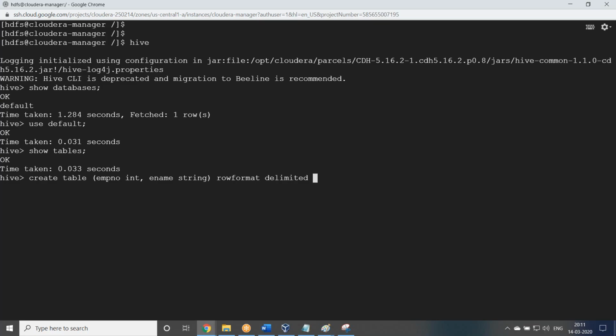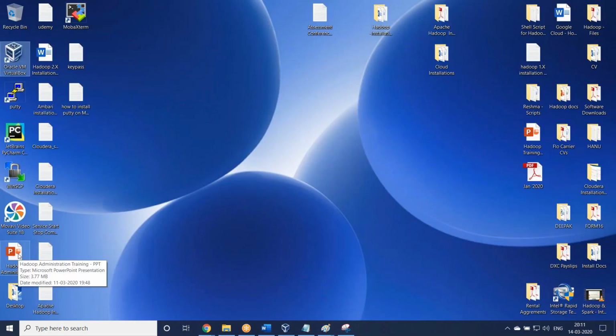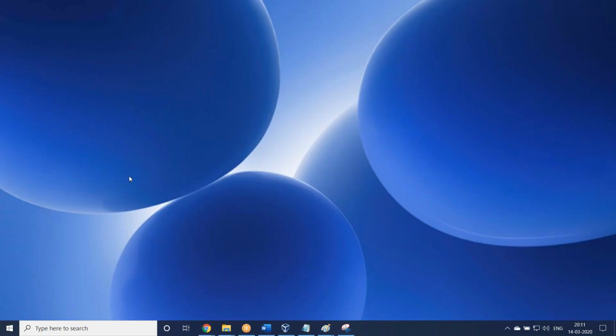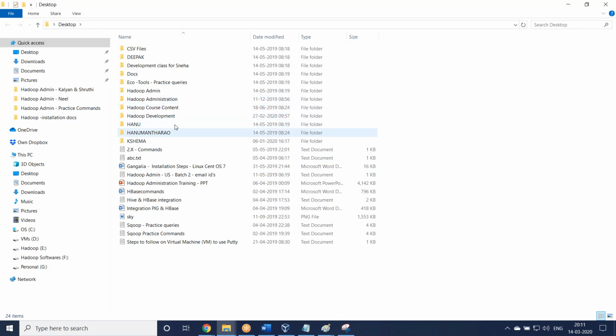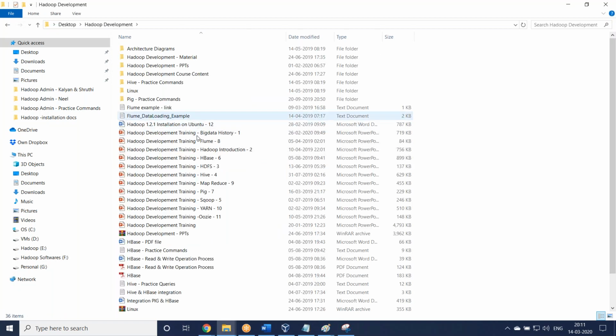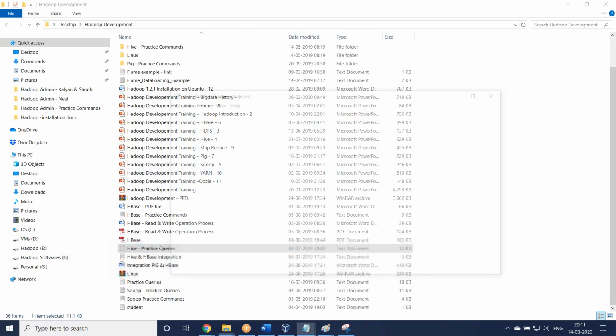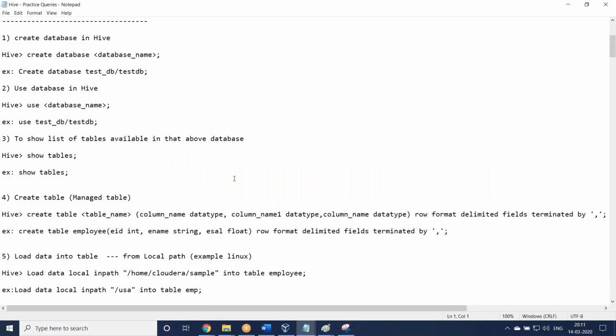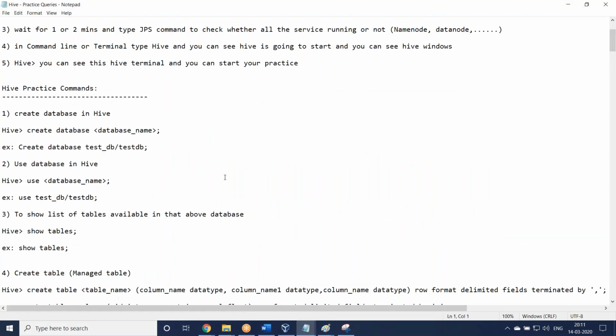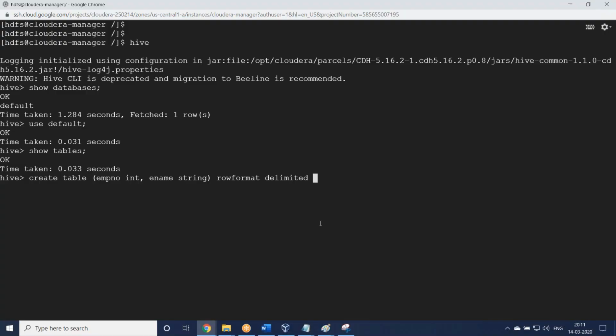Let me open. We'll create a table. Okay, so we'll try to create one table, or else first we'll try to create a database. Okay, so let us go back here, stop it, create database command.